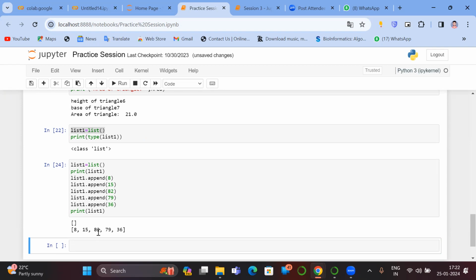I just insert one element in this position, because every time, when you create the list, it will add after the last element, not anywhere. So I want specifically in the third position where the 82 is, there I want to add some element, 999. Now tell me which method I can use. Insert. List dot insert, because append always adds the element at the last. Okay, so I have to